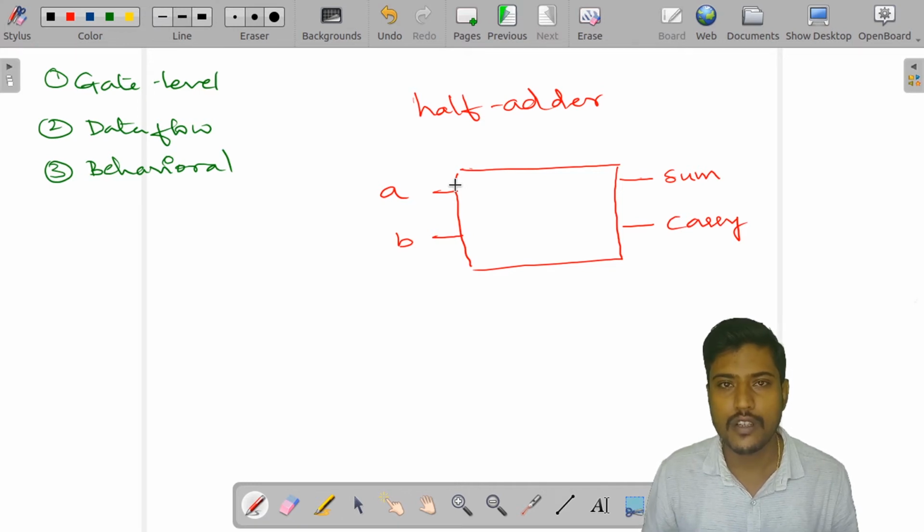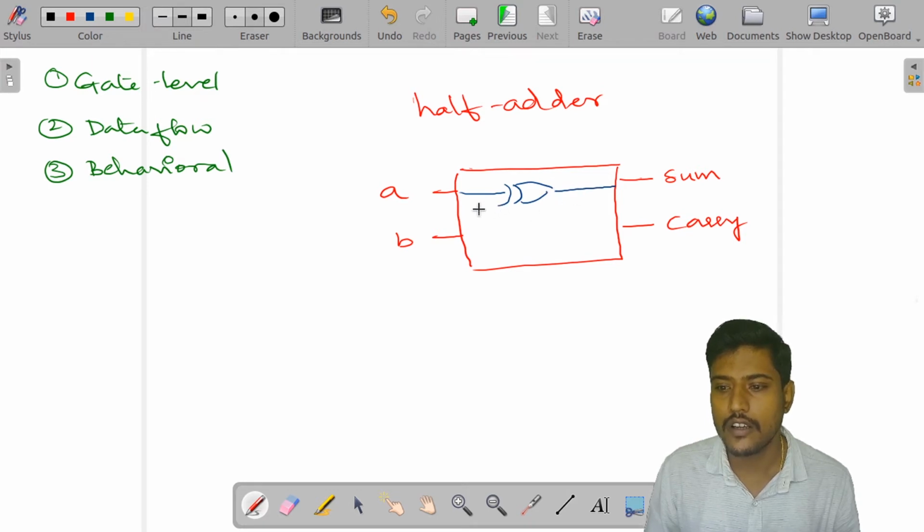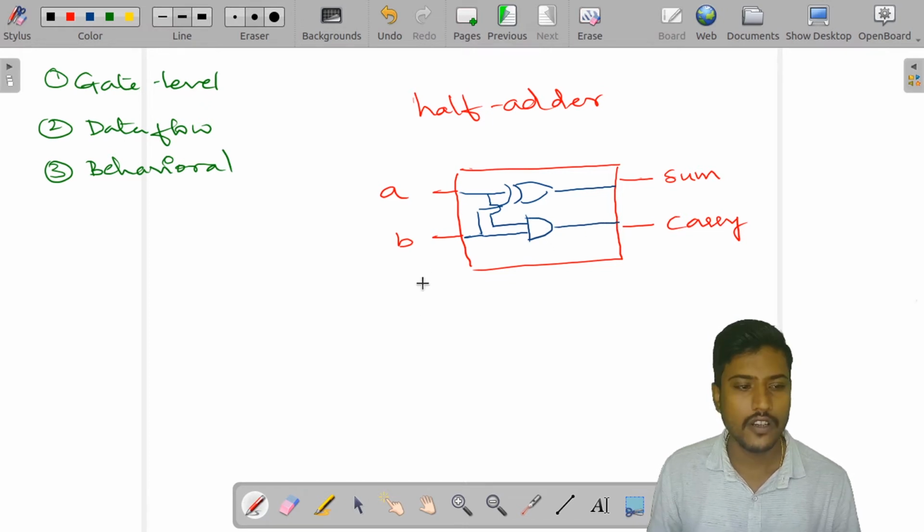Based on the sum of products equation, the sum is made up of an XOR gate, with the inputs connected, and one more gate, which is an AND gate. Let me name this gate M1, and this gate M2.